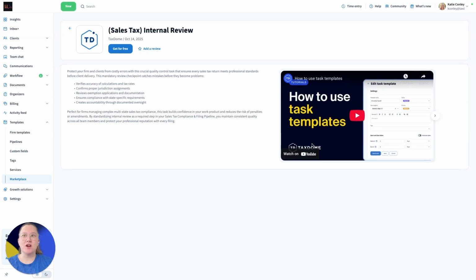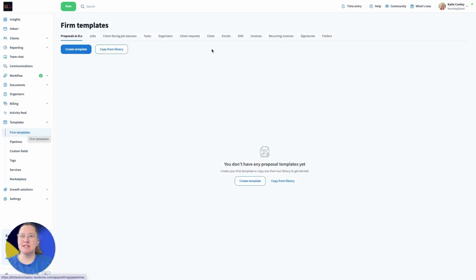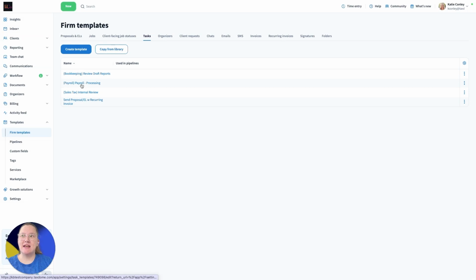Today we're going to go over our sales tax internal review task. First thing you're going to want to do is click Get for Free. Then you're going to want to go ahead and go to Firm Templates, Tasks, and then open that task just